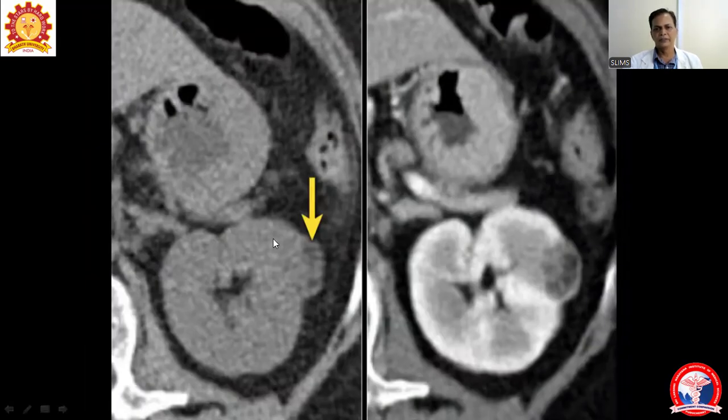Now again, we are seeing kidney. Both the images are of CT scan axial cuts. One is a plain or non-contrast study, what we call in the short form NECT, non-enhanced CT, and the second is after giving contrast, what we call enhancing CT, contrast enhanced CT. So it is called CECT, contrast enhanced CT scan. So what we get to see here is